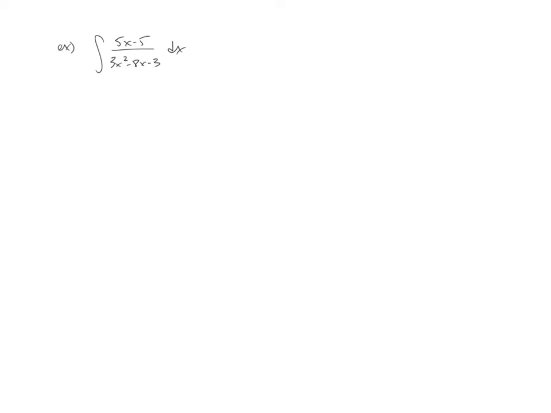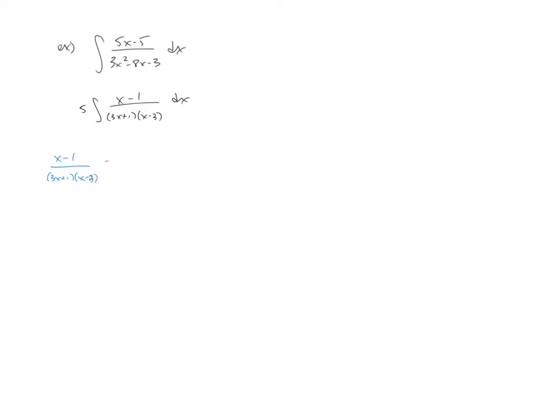So being a rational function with a numerator and denominator, I'm going to go ahead and factor that denominator completely. Now, in addition to that, I'm also going to take out this 5 from the numerator. That's an optional step here, but I'm a big fan of always taking out those unnecessary constants if I can. So that denominator is going to factor into 3x plus 1 times x minus 3. And so now we're ready to take this x minus 1 over the 3x plus 1, x minus 3, and